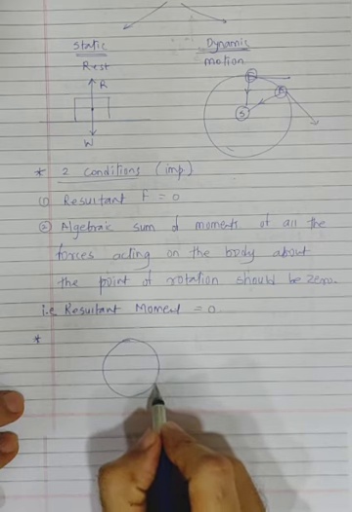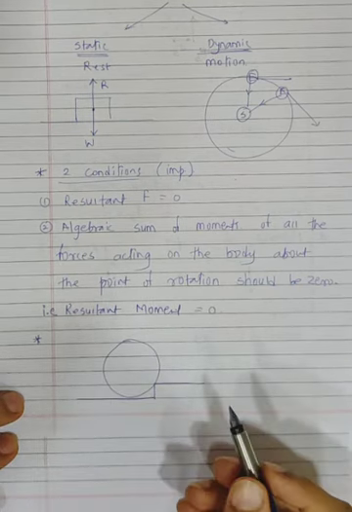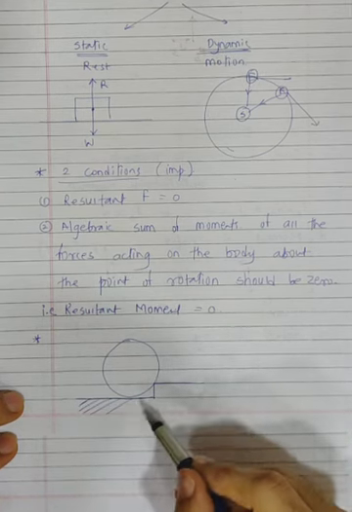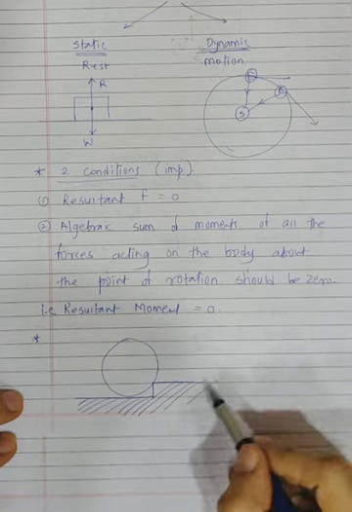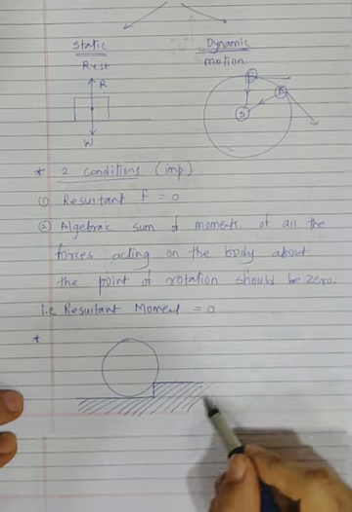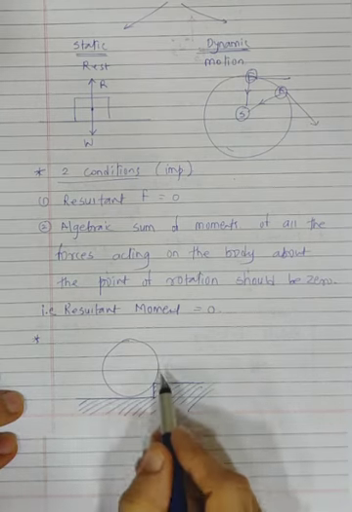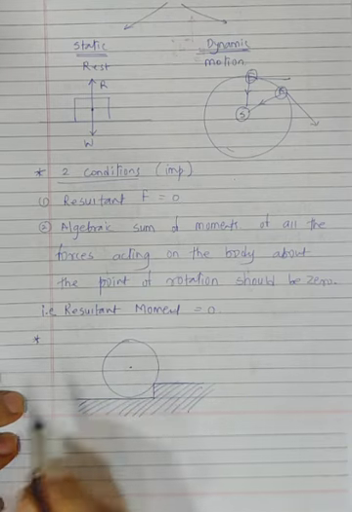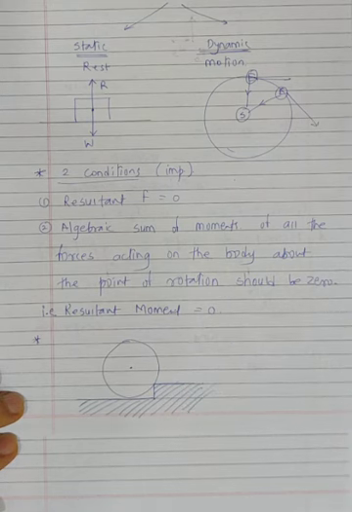Now this drum has to be lifted up. This is some kind of a platform over which you want to lift up this drum. Correct? You want to lift this drum up over this platform. Now my question is, where should you apply the force on this drum so that you will be able to lift it up onto this with the least force?